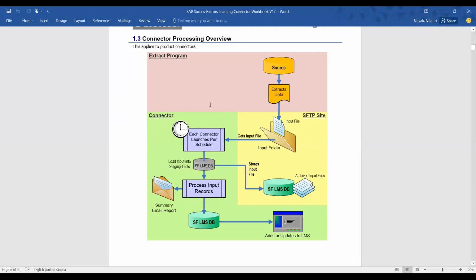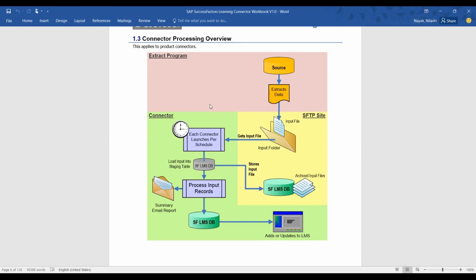So basically you will have different extract programs. The extract program can be from your provisioning, like an employee export program or any other program in provisioning, or it can be outside your LMS, for example if you are putting a file on SFTP or some other site. The extract program will have some data. If it is learning history data, it will be maintained in the learning history template. That connector template I'll come back to when I show it in the system.